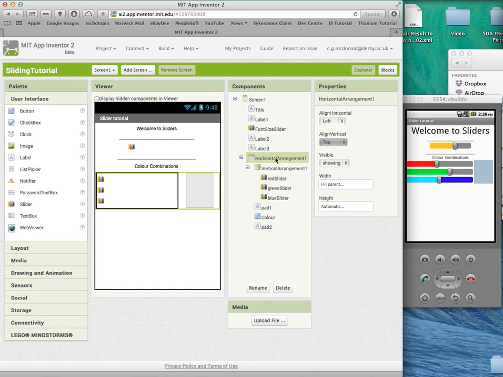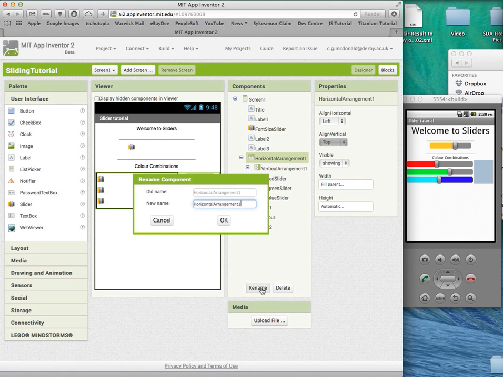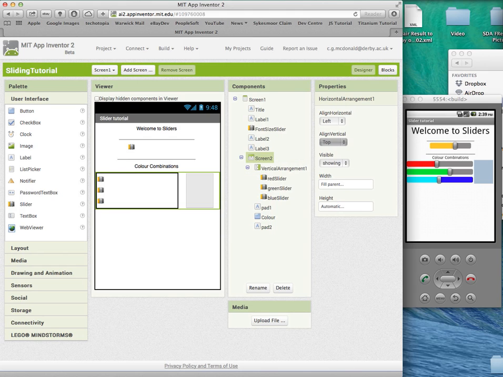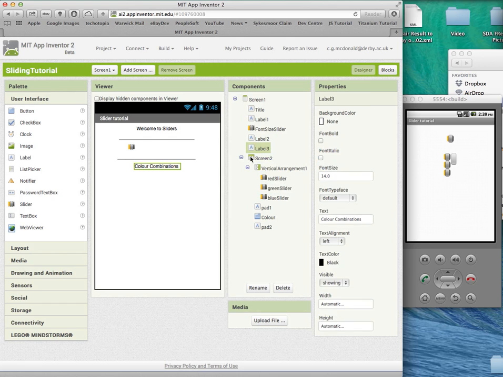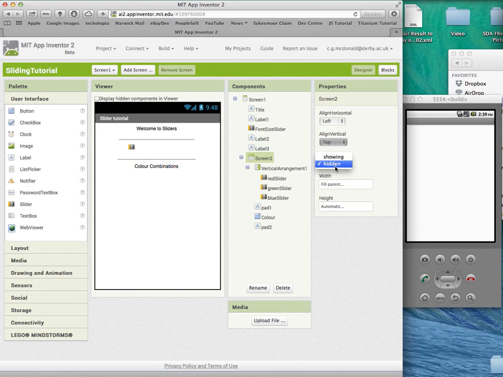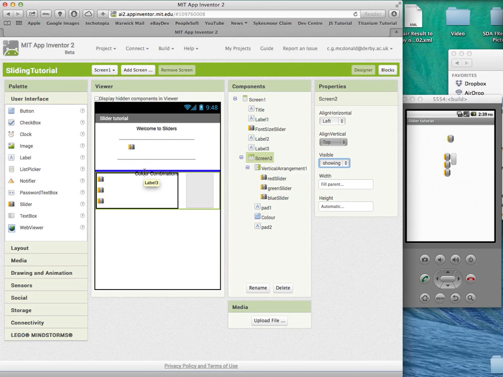separated. So if we make this rename screen 2, and we make that hidden to start with, and that's a label. Actually, let's make it visible again. Screen 2 showing. Yes, we actually want that to be